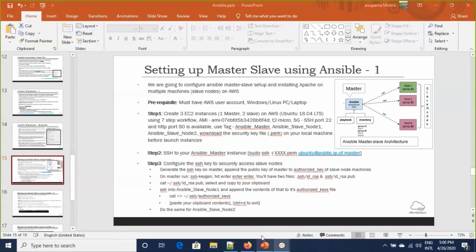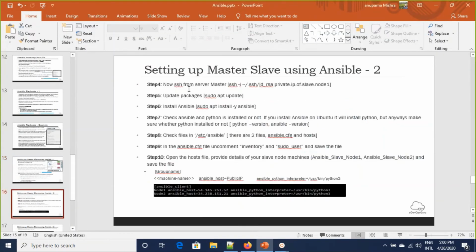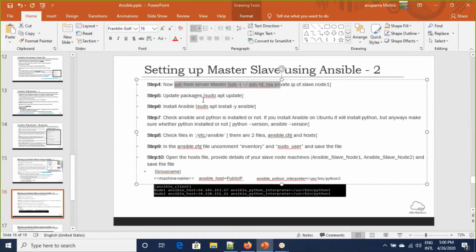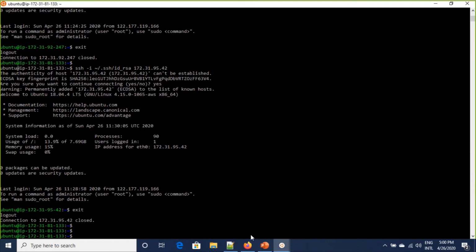Now what we'll do, this part we have already done. Now in the master machine, we need to do sudo apt update and install Ansible. This is to update all the required configuration.